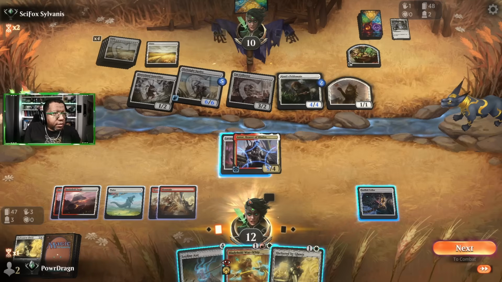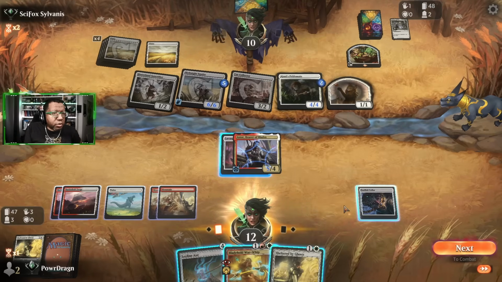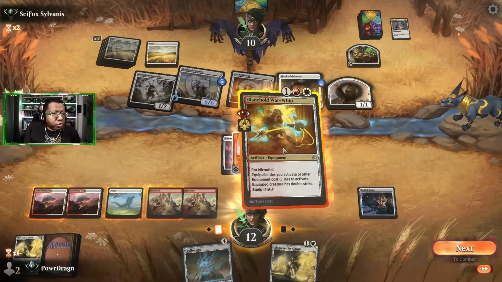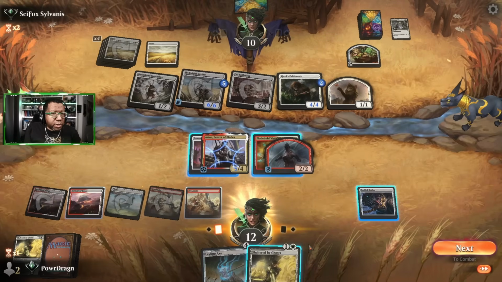Why did I not get to deal the damage to them? Destroy target tapped creature, you gain 2 life. I feel like I was playing too quickly. I must have done something wrong there. But, all that being said,